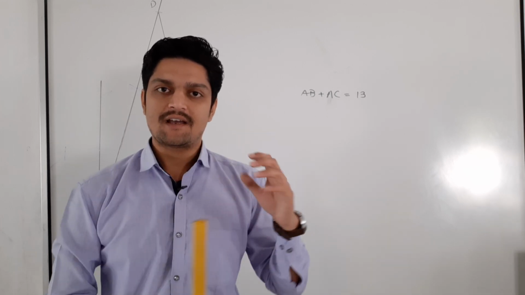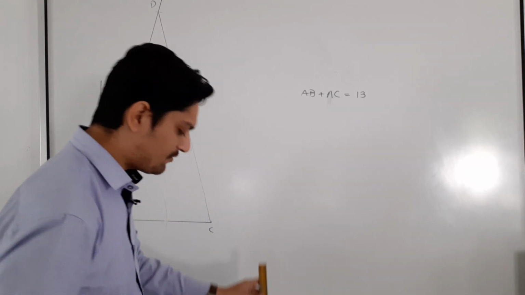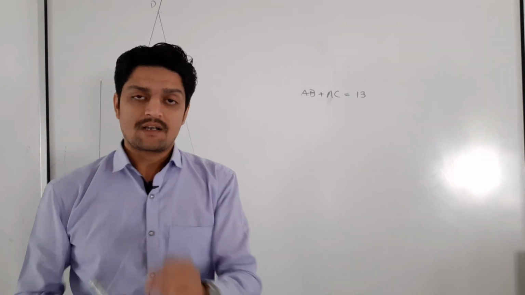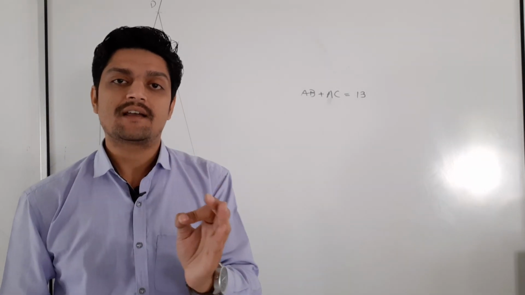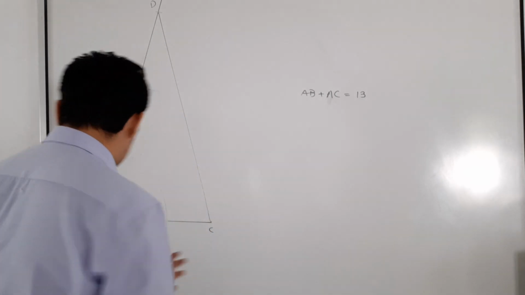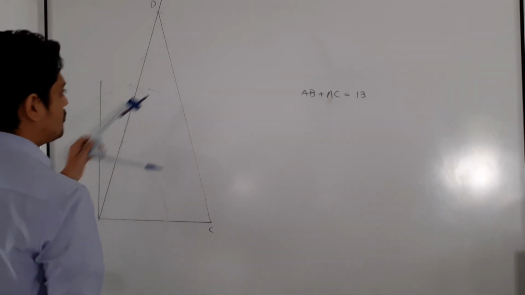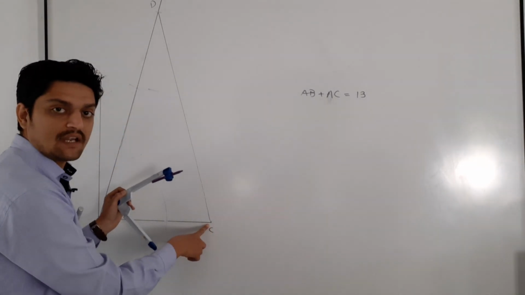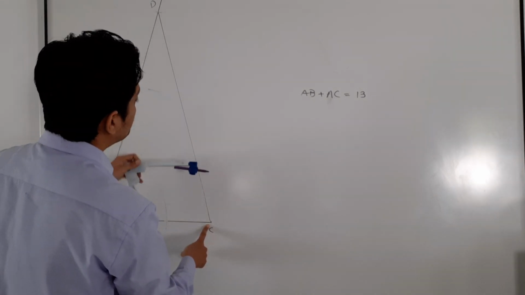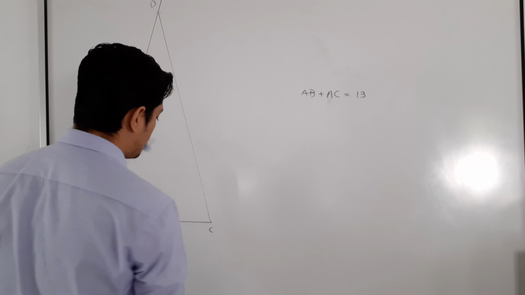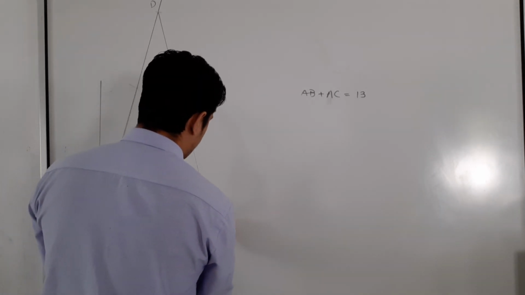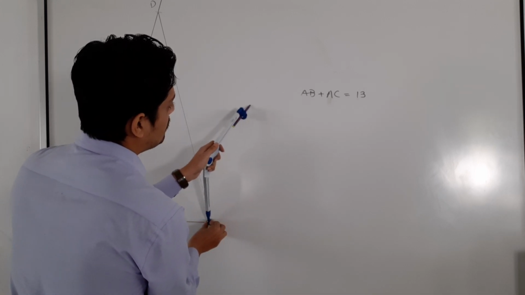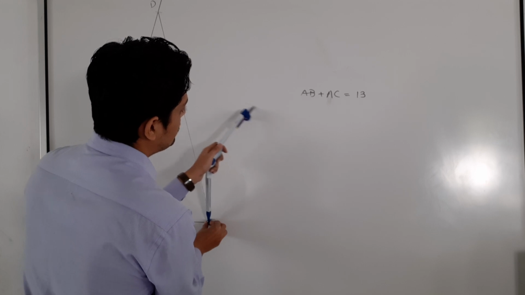So one new thing I am going to teach you today. See with full concentration. To find the bisector of any line segment, again I am repeating, you have to perform this method. You have to put the rounder at one end, and you have to take more than half radius. For example, here I have put it, and I have taken almost more than half radius. So one arc you have to draw on the left side.